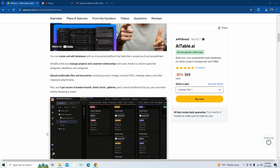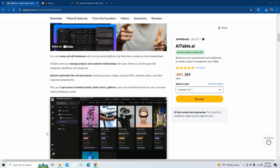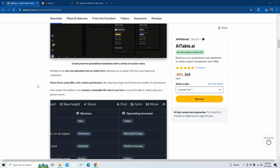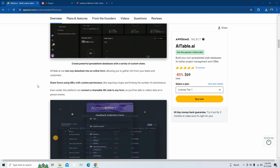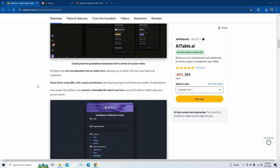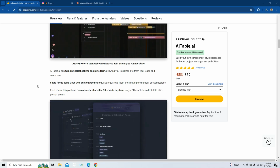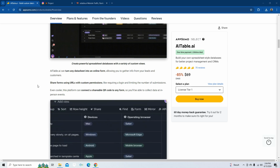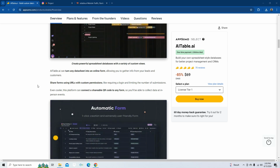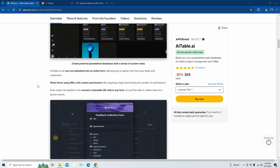Plus, you'll get access to Kanban boards, Gantt charts, galleries, and a visual dashboard that lets you customize without breaking a sweat. AiTable.ai can turn any datasheet into an online form, allowing you to gather info from your leads and customers. Share forms using URLs with custom permissions, like requiring a login and limiting the number of submissions. Even cooler, this platform can connect a shareable QR code to any form, so you'll be able to collect data